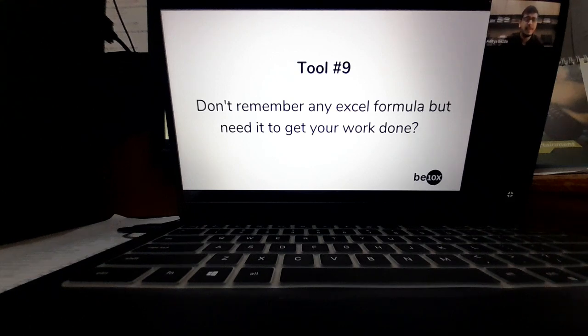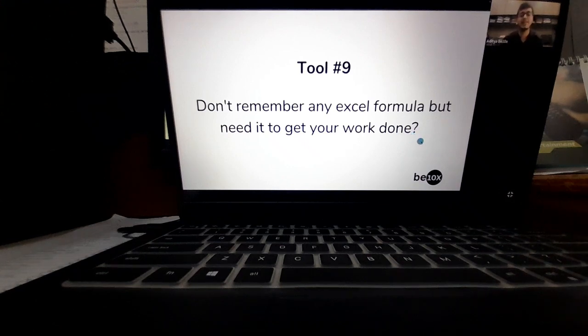And while using Excel, how many of you face this particular issue: I want to do something in an Excel sheet, I have the data with me, but I don't remember any formula. What do I do with the Excel sheet? How many of you have been in this situation? Tushar says me big time. Me always. Usually forget formulas. Me almost every time. I am bad in remembering formulas. Same here, guys. I am very bad in remembering formulas,